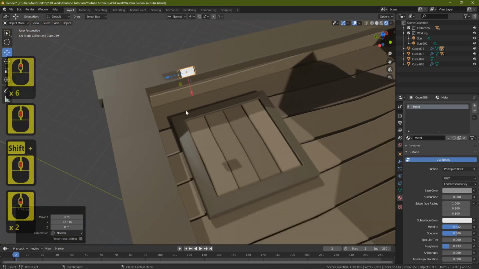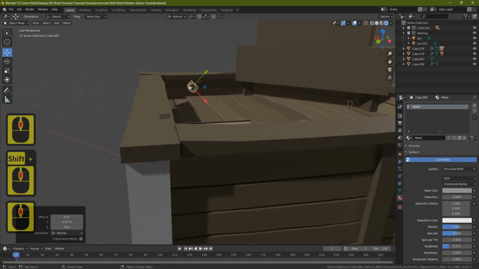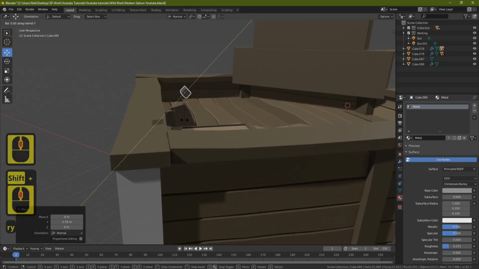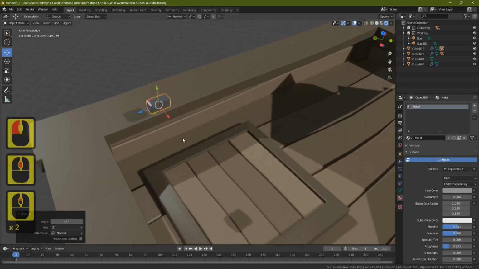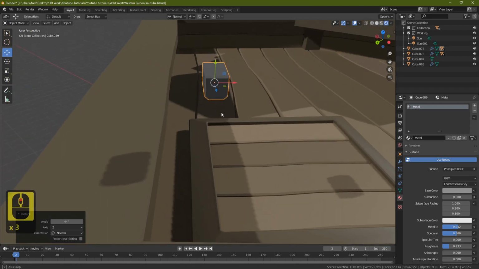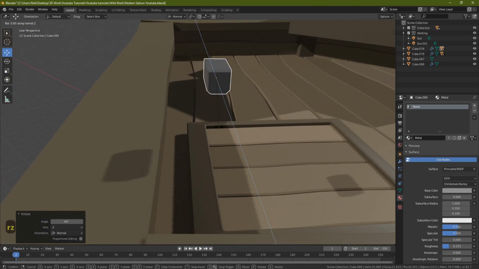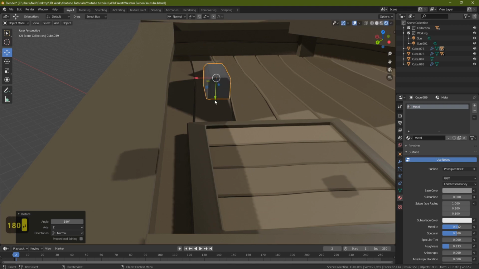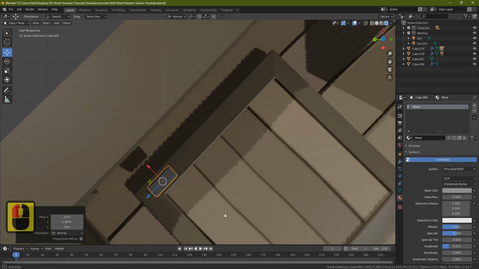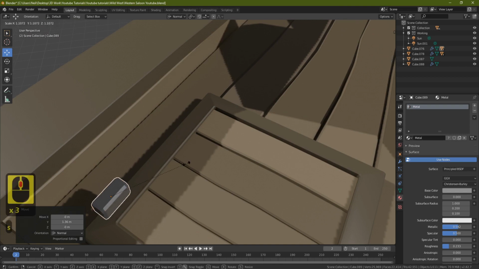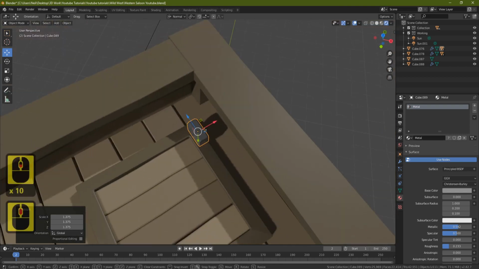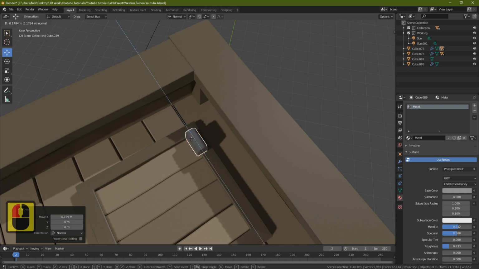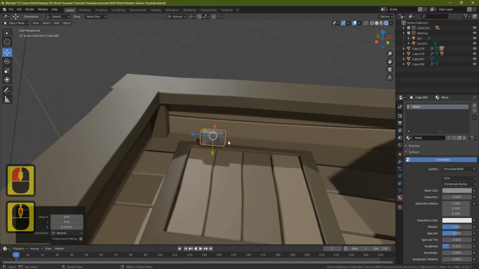Let's bring it over, rather than create a whole new one of those. And then what we'll do is we'll bring it down. We can see here that actually I've rotated it a bit the wrong way, so our Z, let's just straighten it back up a bit. And I'm just looking now where the front of it is, so it's completely the opposite way around. So our Z 180, let's turn it up that way, and now let's try and put this back in place. So S, let's make them a bit bigger, dot just so I can turn around it, and now let's bring them something like that,